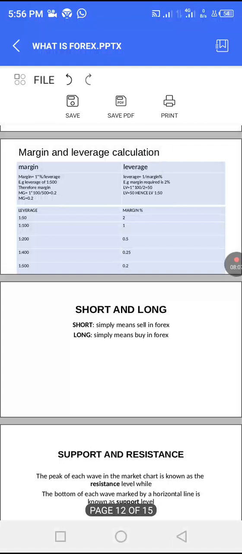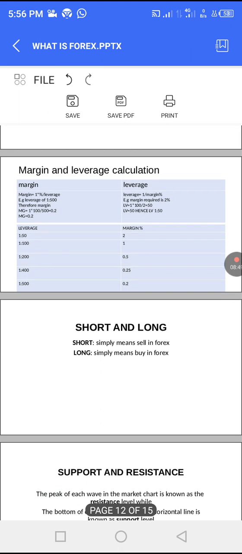This is the formula to calculate margin and leverage. Margin percentage is equal to 1 times 100 divided by leverage, while the formula for leverage is 1 times 100 divided by margin. For instance, you are given a leverage of 1 to 500. To calculate the margin is 1 times 100 divided by 500, which is your leverage, and your result is going to be 0.2. Now your margin is 0.2